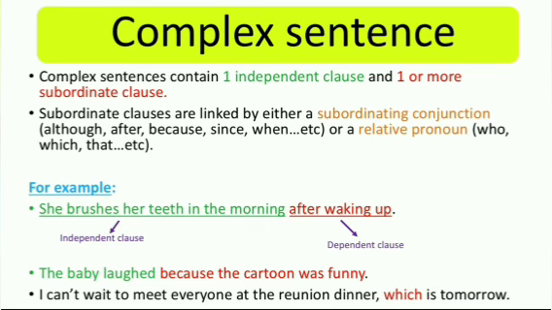Well, I can't wait to meet everyone at the reunion dinner, which is tomorrow. The last example shows you a relative clause with a relative pronoun, which. It is important to know